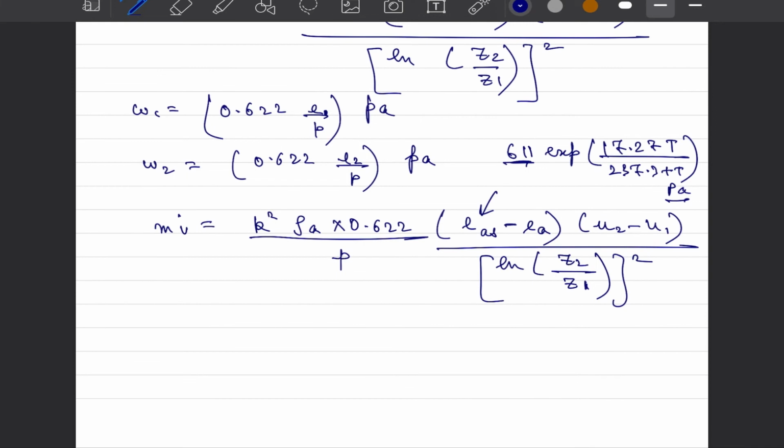Now the question arises about Z2 and Z1. So Z1 we measure very close to the surface at a certain displacement, and we take this displacement because if we take Z1 as 0, then our answers are going to be not defined, at least in the real domain. So we say that at a very small displacement from the surface, equivalent to the surface roughness height, which we often take as a few centimeters, around 15 centimeter and such, we can put this z naught as 15 centimeter, and we can put velocity as 0 meter per second at that height of surface roughness.